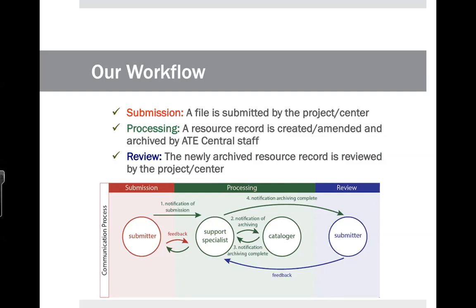The cataloger adds all the necessary metadata to the resource record. So the metadata is the information that we add that describes what the resource is. And we'll look at some examples of the fields in a minute. Once all that metadata is added,